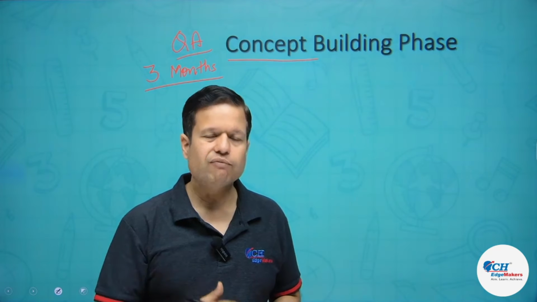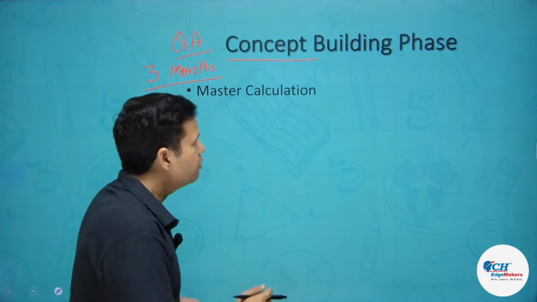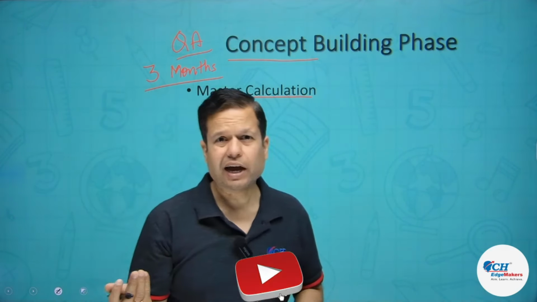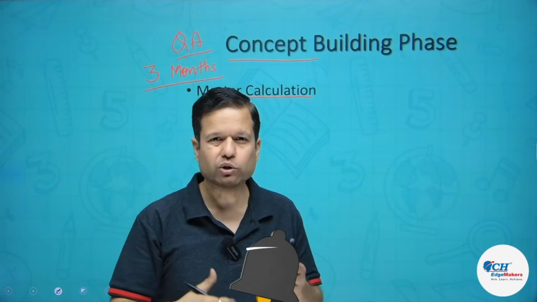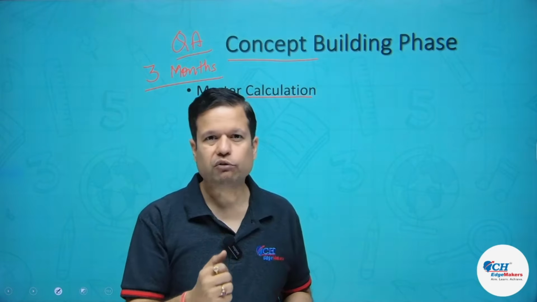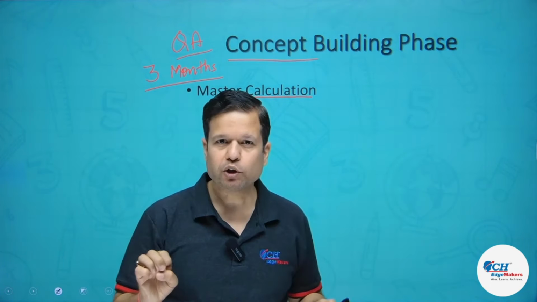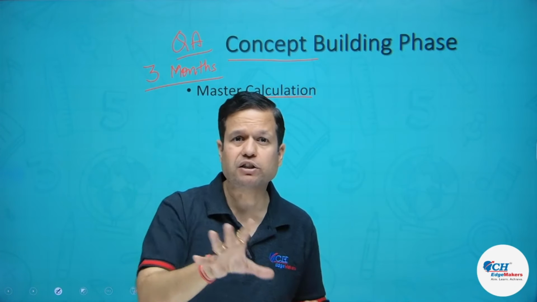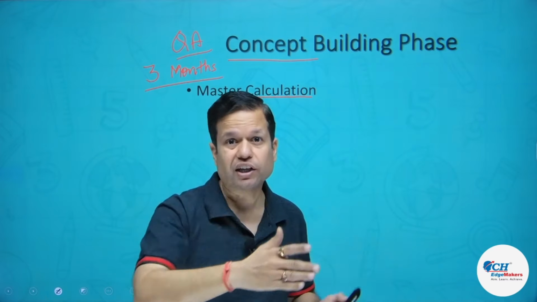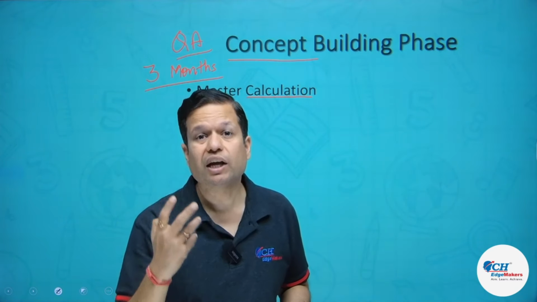Let's proceed. The first thing, you should start mastering calculation. One can even say, okay, in CAT there is a calculator, so why should I master calculation? But believe me, if you know calculation, if you know tables, if you know squares, you are able to see many things. At times you see, okay, this is the best way of approaching this question because you know it is the square of 50 and that's why we should do this. So calculations will help you immensely.